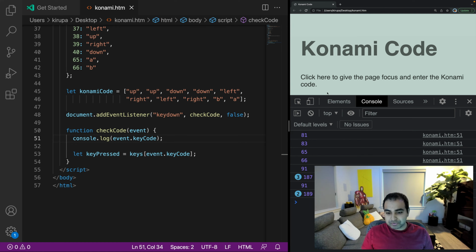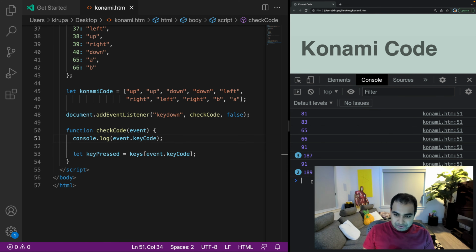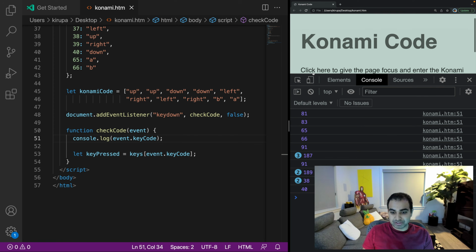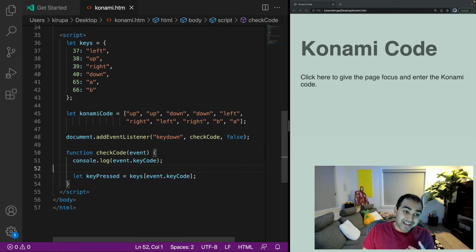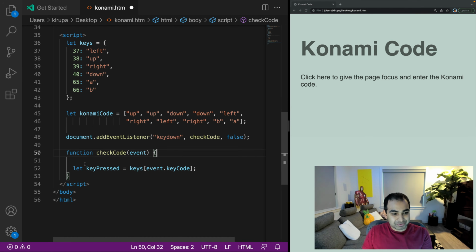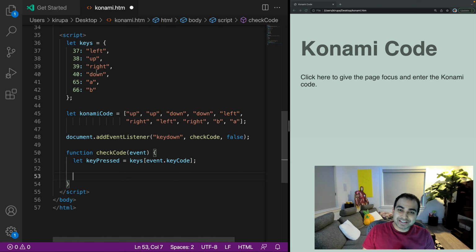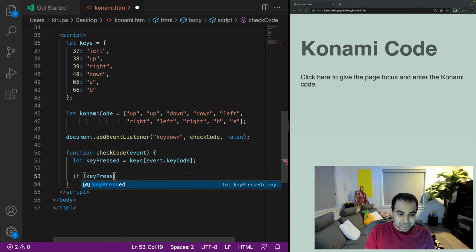And what I'm trying to do now is, as each key is being pressed, especially if it's up, up, down, down, left, right, and all those various keys, that we make sure that we display the appropriate key code for what our Konami code actually is. So we detect all the keys by default, but we want to filter it down to only the keys that we actually care about, which is these six right here. And that's what we're doing with our keyPressed variable, that is storing only the values from keys event.keyCode. If it's a valid value, it gets picked. If it's not, it gets ignored, which means that by default, it is often going to be ignored if it's not the right value. So if keyPressed equals